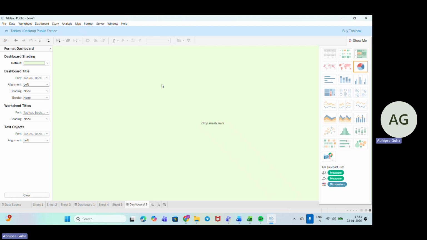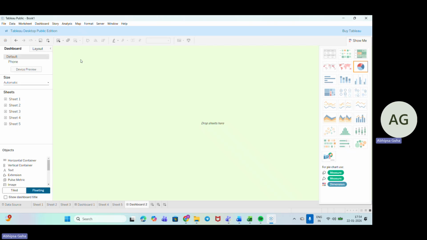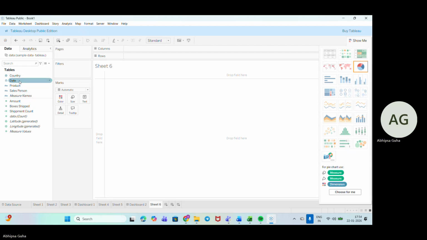Now basically I want a country based chart, that is the map chart that will showcase the details. So the country wise sales and the products that I want. For that I'll go down and create another one. So I'll go down to country.